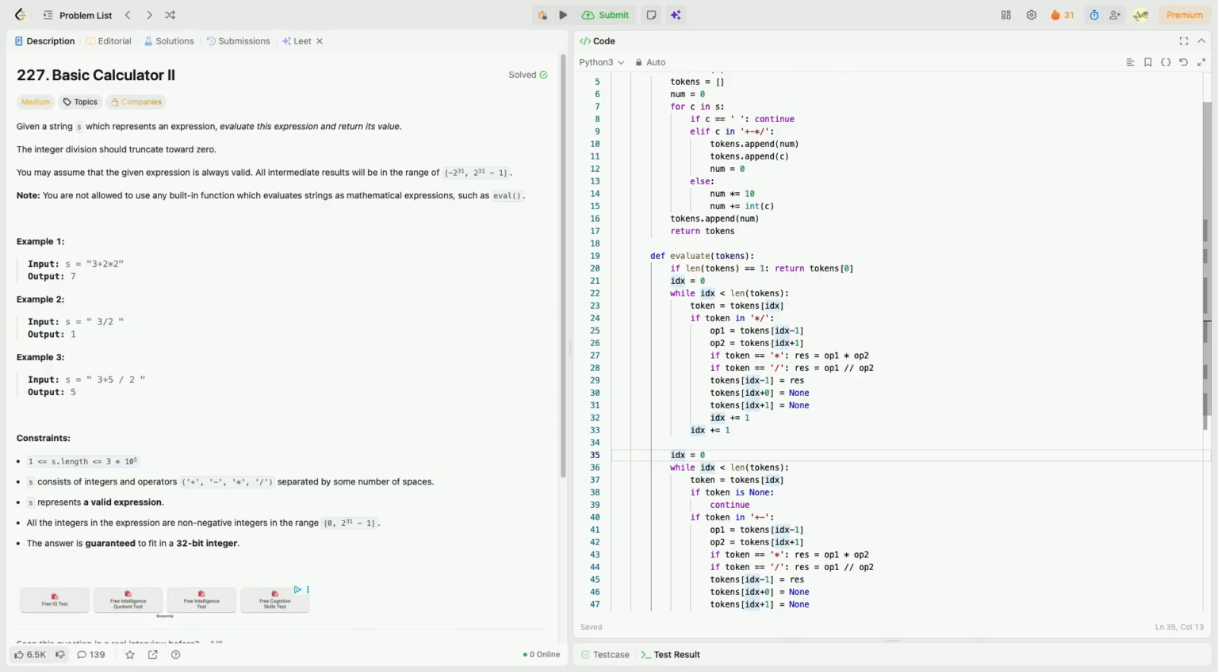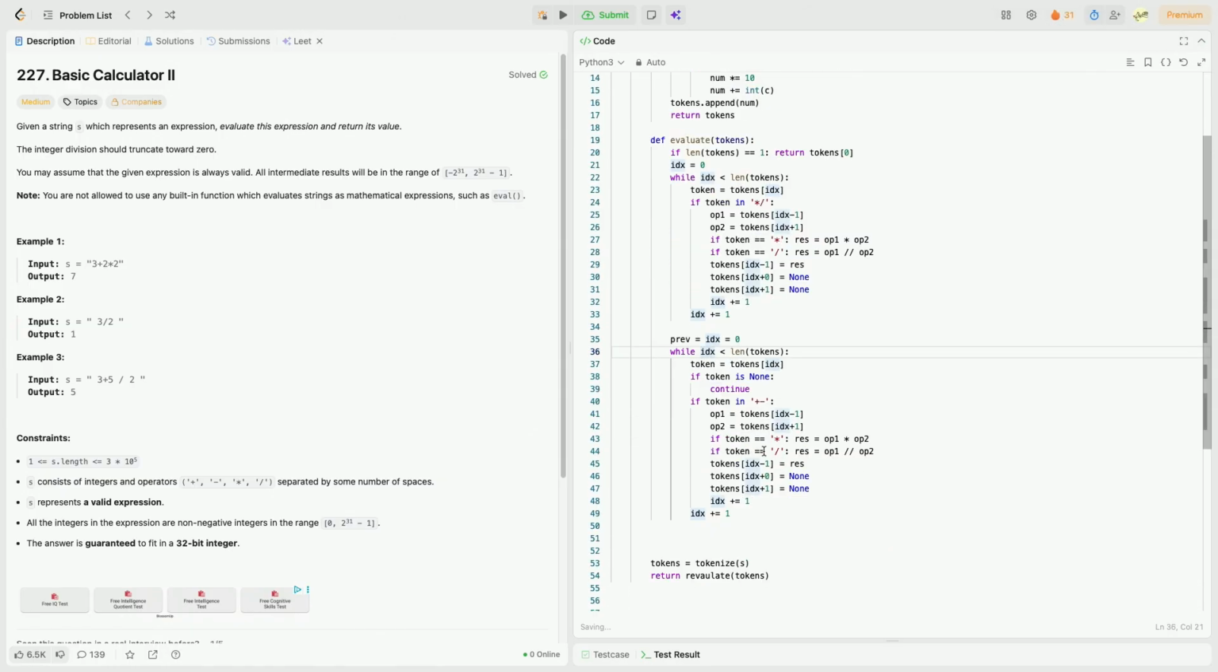And we also need to take care of the previous index that was not none. Pref and idx are 0. Now if we run into plus or minus, we know that the operator is at the previous token position. And we also know that the next operator is at the next position because we always wrote it to the next one, right? So always directly